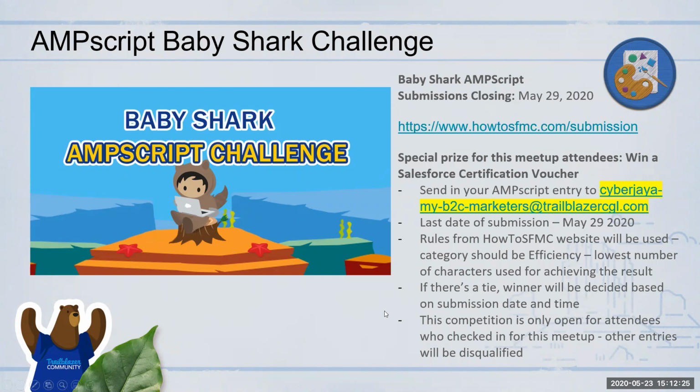They have a song called Baby Shark by Pinkfong. The lyrics are around 1096 characters. They want you to output that using AMP script with the least number of characters. There are 3 categories. For our challenge, I am opening it up to the people in this meeting today.